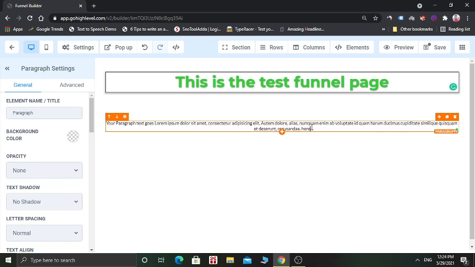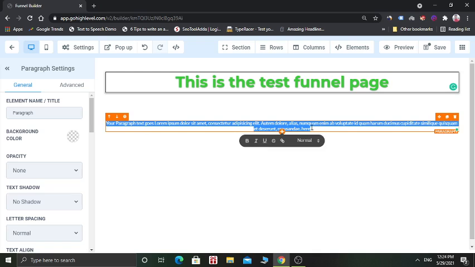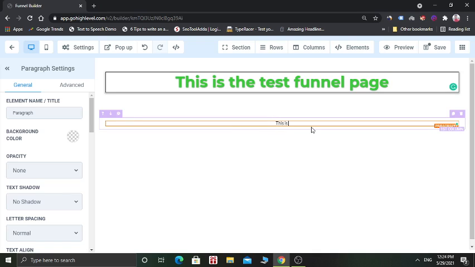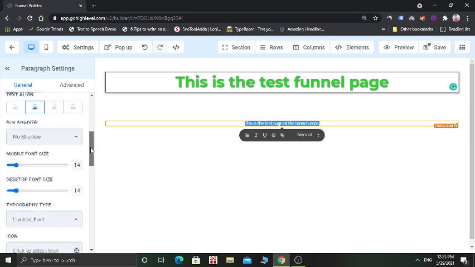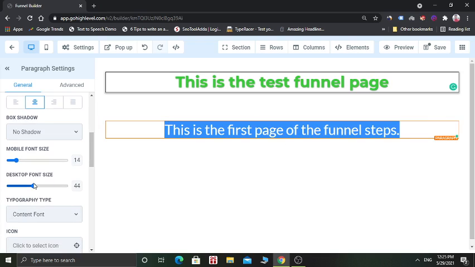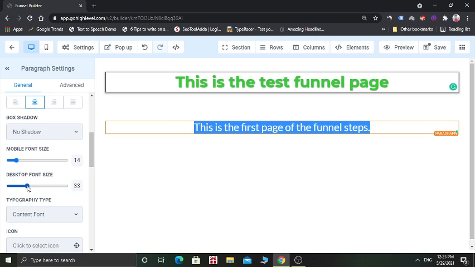You can write anything like this is the first page of the funnel steps. You can increase the size of the text. Now it's looking better.